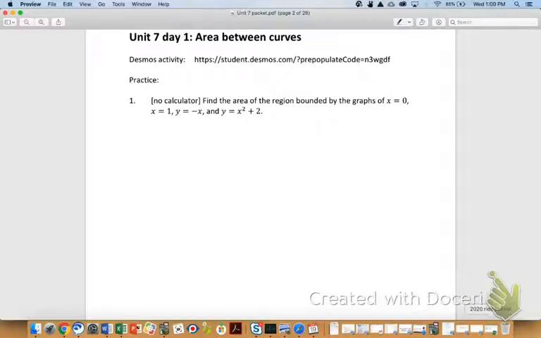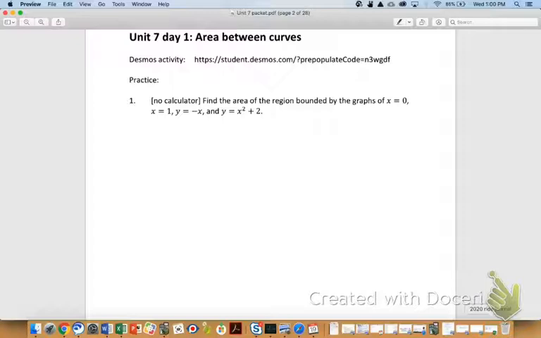So here's what I wanted to do. Wanted to leave you with this one. I wanted to work through this one with you. We'll practice this again tomorrow. Our one and only example today says, find the area of the region bounded by the graphs of, so x